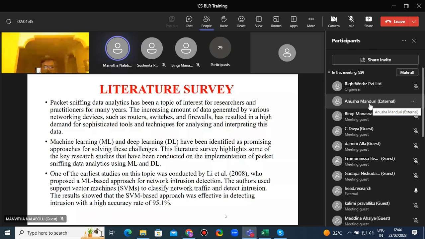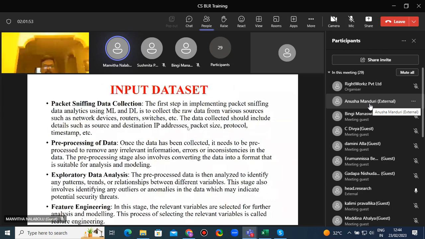This is an input data set that we have done. First one will be packet sniffing data collection. The first step in implementing packet sniffing data analytics using ML and DL is to collect the raw data from various sources such as network devices, routers, switches, etc. The data collected should include